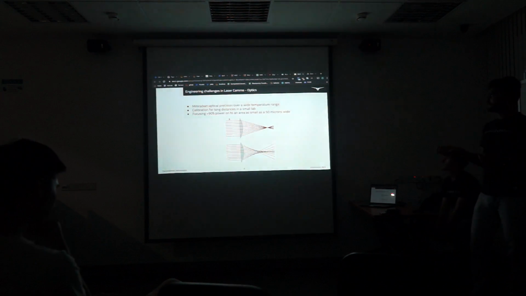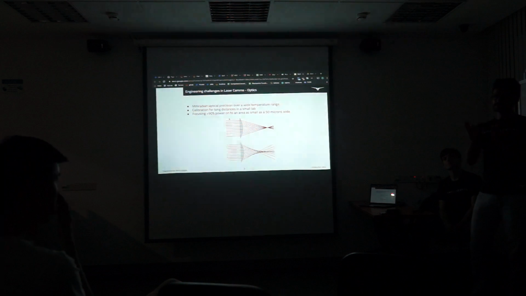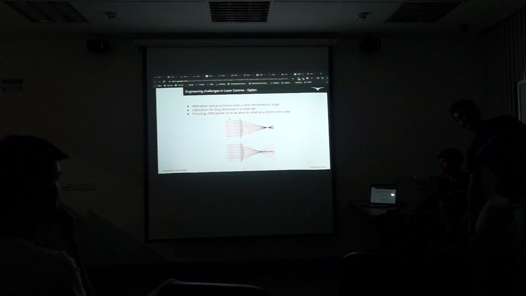So one challenge is how to fix that. That's why, if you've seen the lens of a DSLR, it's not made of just one single lens. It's made of a lot of different lenses, which all compensate for different aberrations, like chromatic aberration, spherical aberration, and so on. We need to do the same thing, such that it points to something the size of a fiber core, which is really, really small. And we need to make sure that it's temperature tolerant and doesn't move around when you transport it or make it work at different distances.